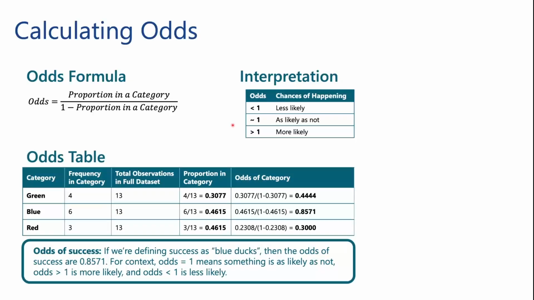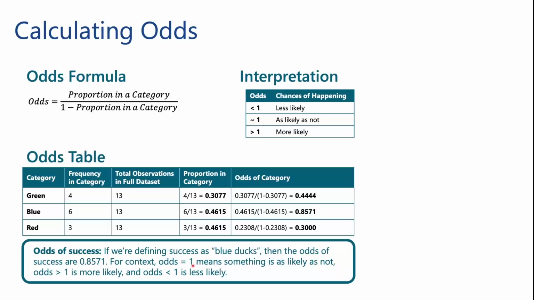So let's go ahead and do an odds table for our ducks before. I have all of the colors of ducks here, but notice that for each one, I'm only focusing on one category at a time. So for green, I'm thinking about the 4 ducks that were green relative to all 13 ducks. For blue, the 6 ducks that were blue relative to all 13 ducks. And for red, 3 that were red relative to all ducks. If you remember, we were looking at success as blue ducks, then we should be focusing on this middle row here. And we can make a statement that the odds of success, the odds of having a blue duck in this sample are